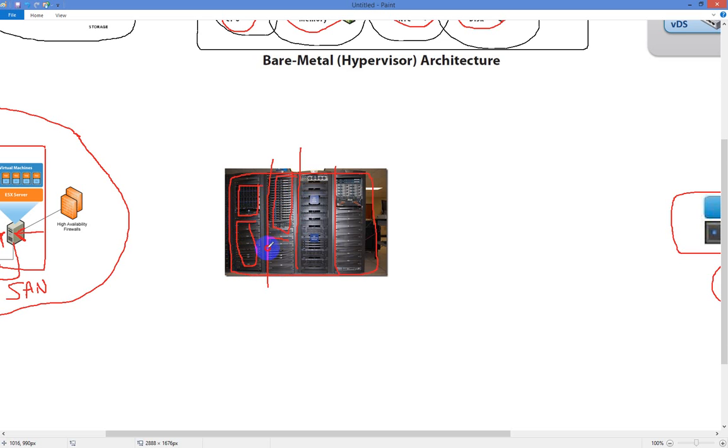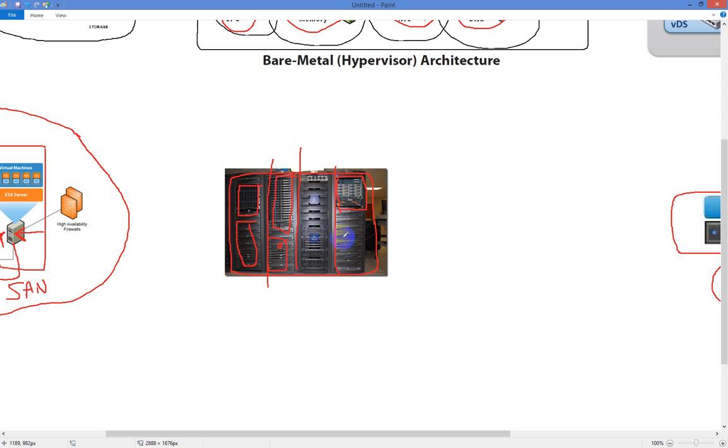And I can't tell 100% off the top of my head by looking at it, or those might be servers. I do believe this little silver thing right here, I believe those are Dell servers. Same thing over here. I could be wrong, but I believe that's what they are. Now, this guy right here, I don't know if you can tell it or not. That right there is a Cisco UCS server. This is a B series server, and the reason I know that is because B series are the blade.